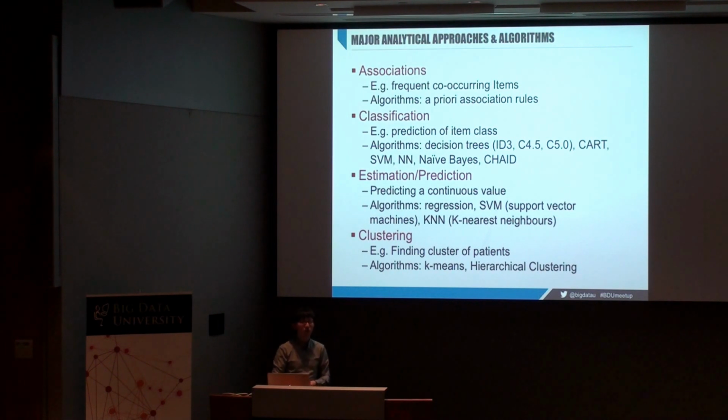Classification is if you want to predict the class or the label of an item. So let's say you have a list of ingredients and you want to be able to identify if a recipe belongs to a particular cuisine. And you want to label each of these recipes with its appropriate country. So is it Japanese, is it Chinese, is it Taiwanese, Korean, and so on. So that's classification. For prediction, of course, if you want to predict or forecast the potential value of something from some historical data, then you would use something like regression or SVM or KNN. For clustering, as I mentioned before, if you want to find clusters or groups of people, like in a hospital setting.